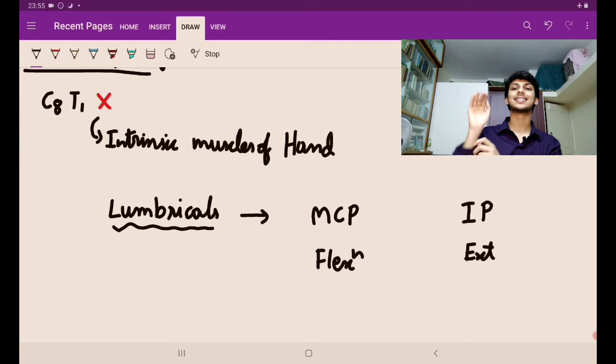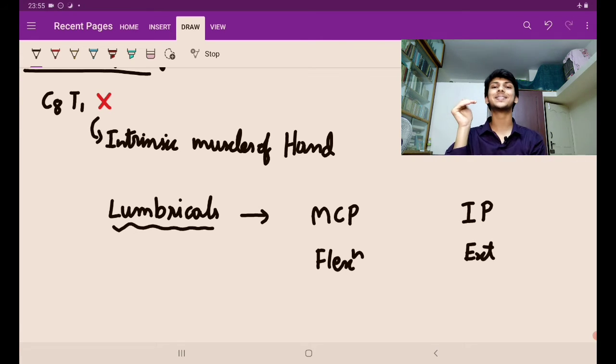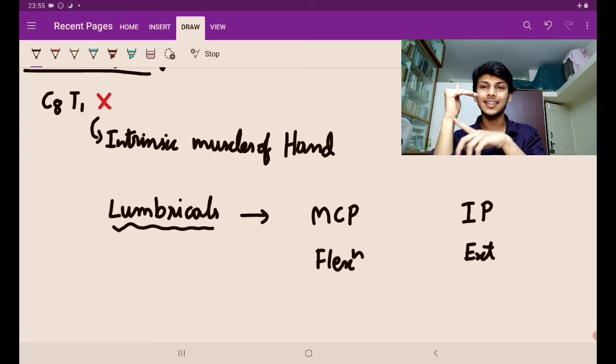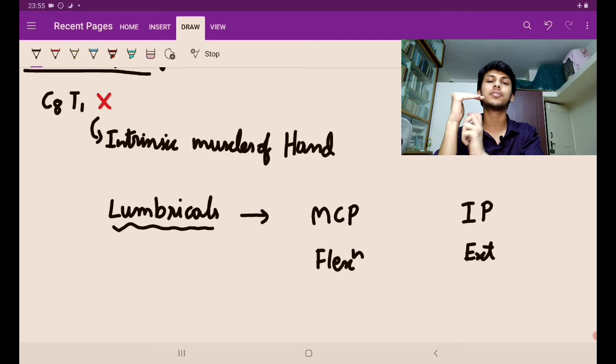What is the action of lumbricals? This is very interesting, guys. See here, this is the action of lumbricals. One of my dear teachers used to teach me that this is the Babaji ka Thullu muscle. You have seen the Kapil Sharma show, right? Even if you haven't, this is the action of lumbricals: flexion of the metacarpophalangeal joint. This is the metacarpophalangeal joint. The flexion of this joint is